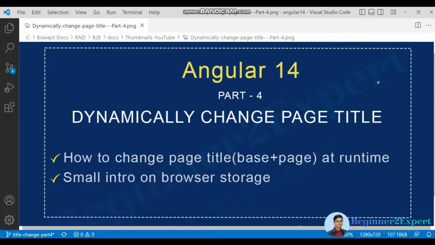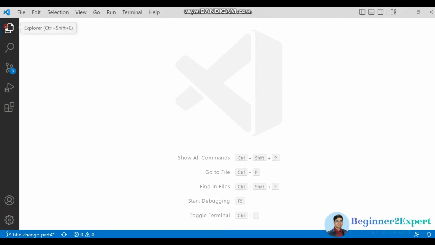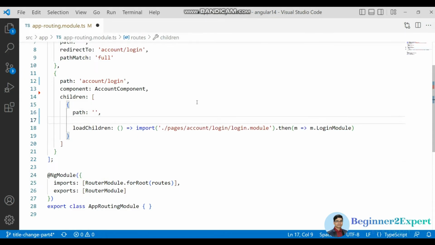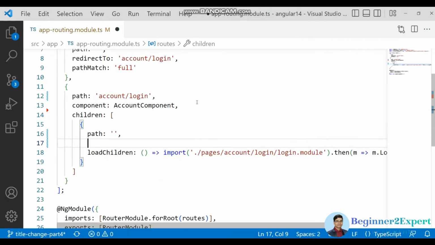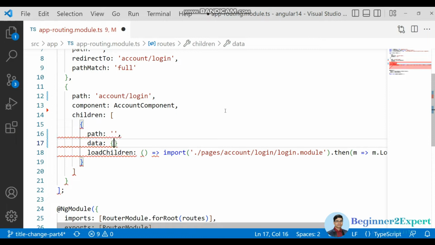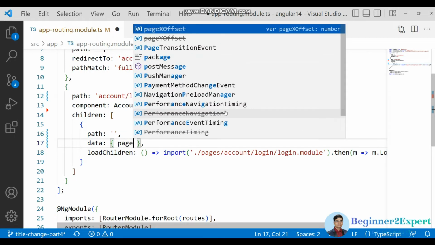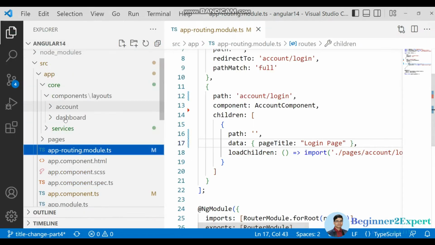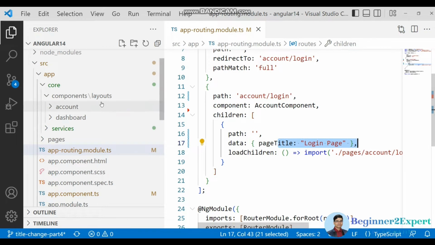Okay, so now let's go to Visual Studio Code and open the routing module. I will add one more property, that is called data, and this data is nothing but an object which we can configure as a custom object. Here I will use my pageTitle. Save this, and this is the first step I need to do. The second step is to